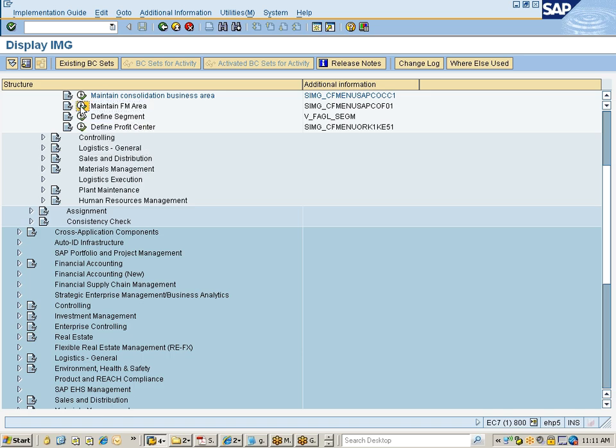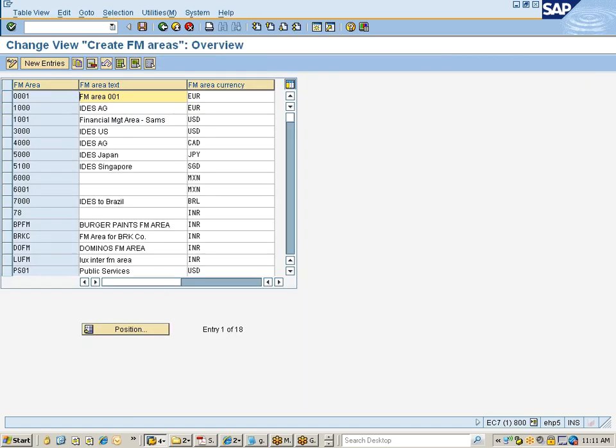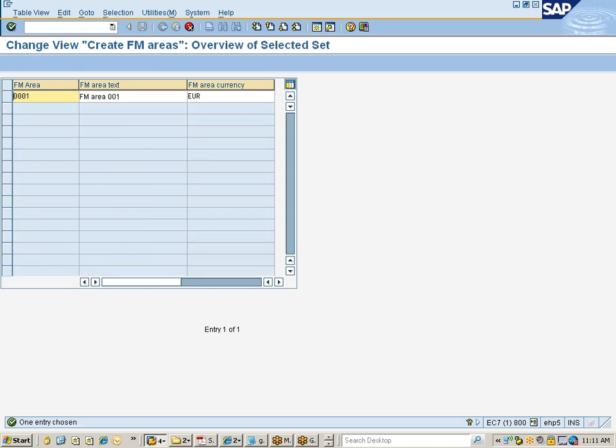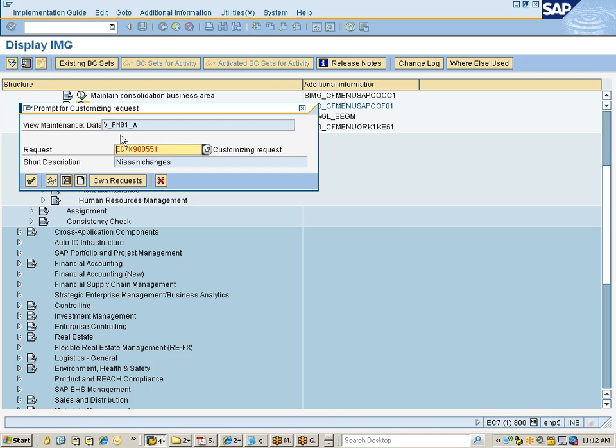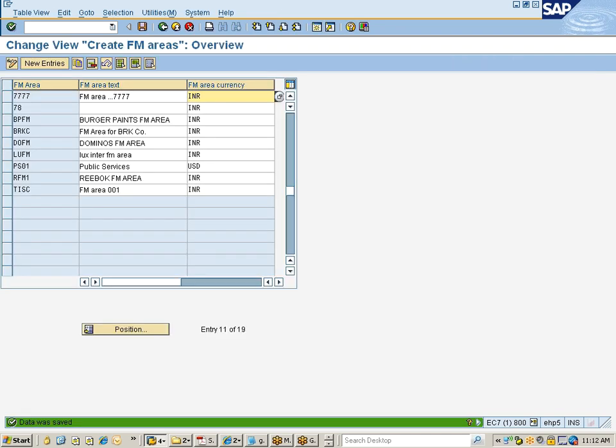Now financial management area, this you can define. I'll just say define FM area, choose 0001, go with copy as 7777, FM area as 77, currency as IN. I don't require this financial management area to work with my MM module,